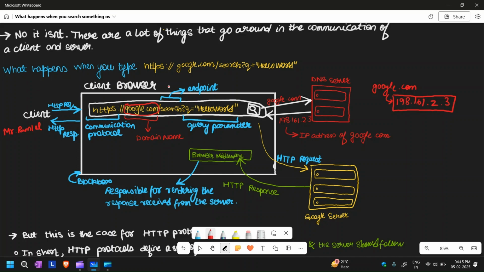But firstly, in the dissection of a URL, the first part is the communication protocol, after which the domain name follows. Once the domain name is done, then there is an endpoint, that is search. And after the search, you mention the query parameter, that is, let's say in this example, hello world. And when you click on search,